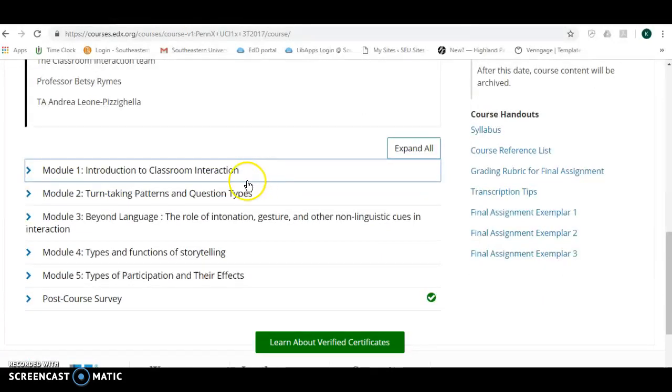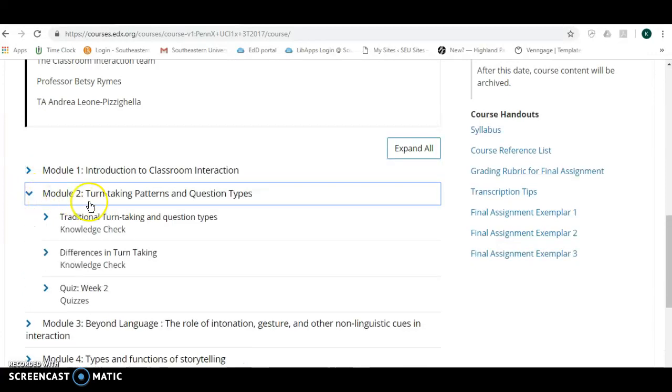I'm going to go ahead and show you some of the stuff that I liked about this course. First of all, they have examples over here of the final assignment, which basically is videotaping your own classroom, doing a transcription of that videotape, and then doing some analysis once you've learned all the different tools of analyzing. I'm going to go ahead and click on the module,